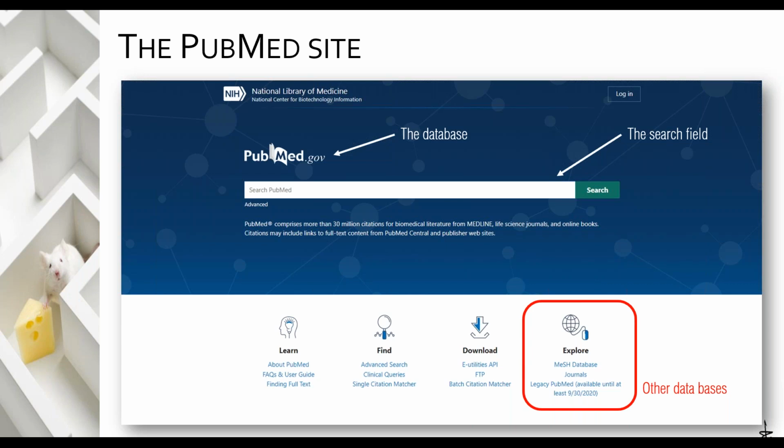PubMed is a database. Mesh is a different database. There are databases, as I said, for genome, for genetic research, and so on. Over here at the bottom, you can see that you can change the databases. So you can go for the mesh database. You can go for the legacy PubMed. Over here, if you don't know how to use PubMed, this is where your tutorials are. You can basically check on how to search. If I want to expand my search, what should I do? If I want to focus my search, what should I do? The citation match